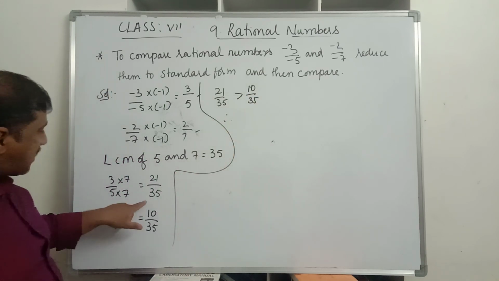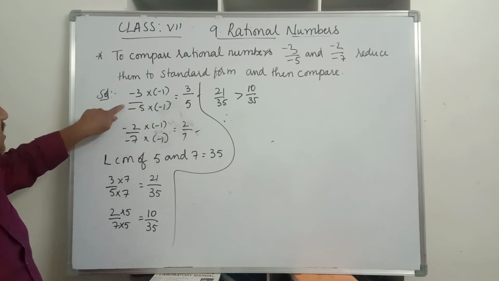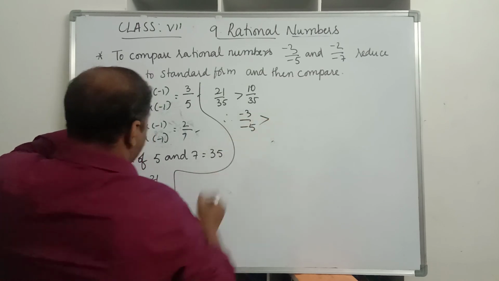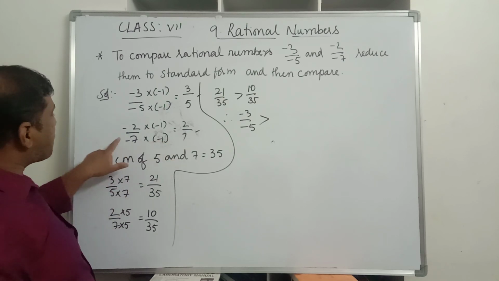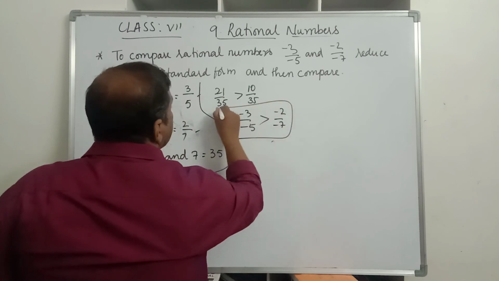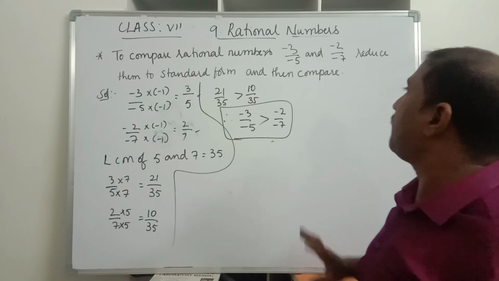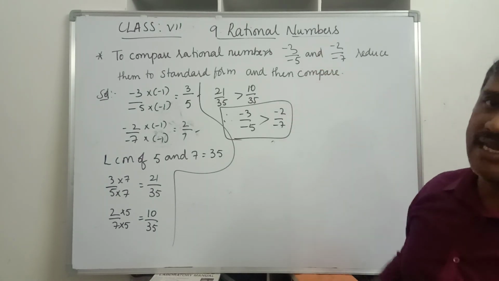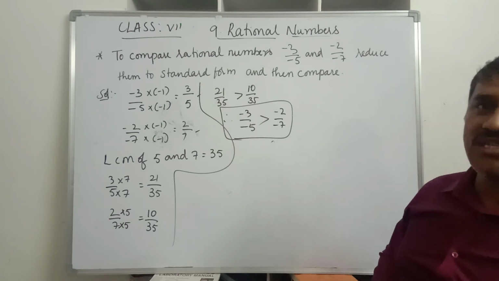Therefore, 21 by 35 is representing what? 3 by 5. Minus 3 divided by minus 5 is greater than 10 by 35, which is representing 2 by 7. 2 by 7 is representing what? Minus 2 by minus 7. So like this we will compare two rational numbers in which both numerator and denominator are negative integers. So what we have studied today is comparison of rational numbers, standard form of rational numbers,